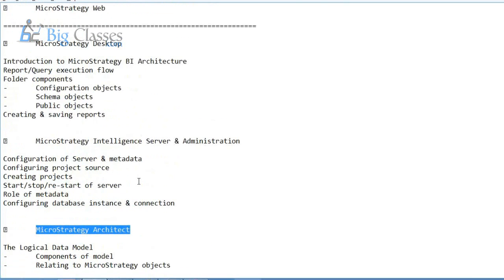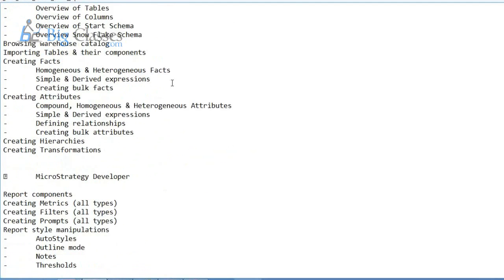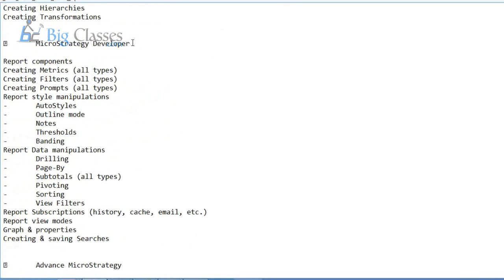So as of now, we have discussed the desktop or developer interface, we have discussed the server and the administration configuration, and we've even discussed the architect. The next thing we have in the agenda during our training would be MicroStrategy developer. When I say MicroStrategy developer, Desktop is an interface, but when I say MicroStrategy developer, that's the role,